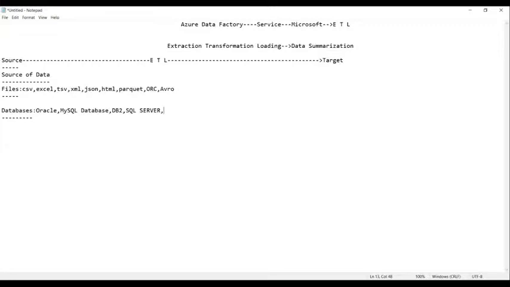Cosmos DB is basically cloud based. Then Snowflake. All these are the databases we can have.